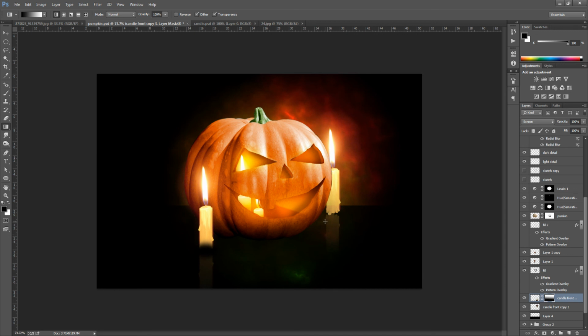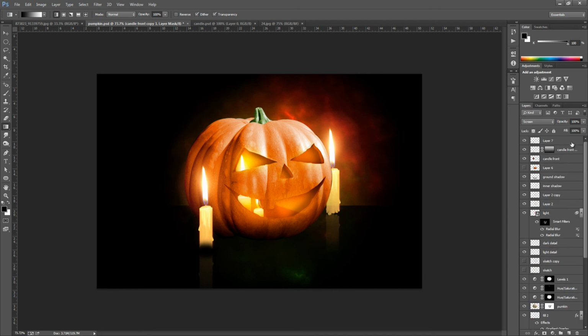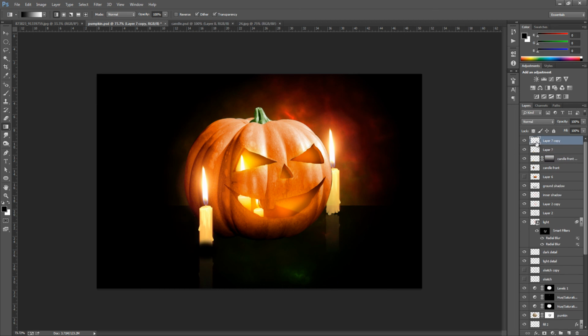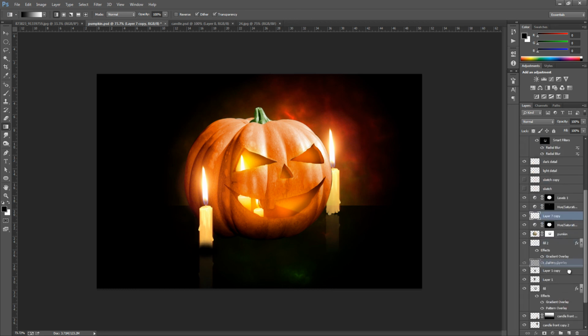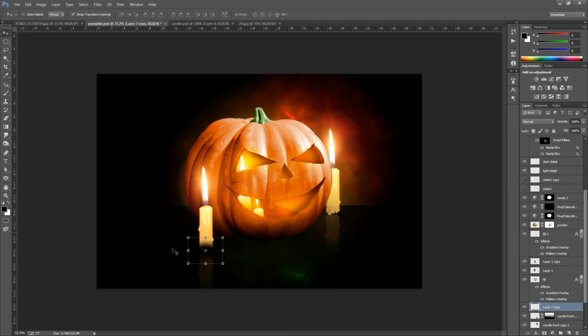So something around about there, and we're just going to go and duplicate that top layer now, the one with the black disc. So Control and J, and just bring that to wherever that candle is, so just above it, and move it over.